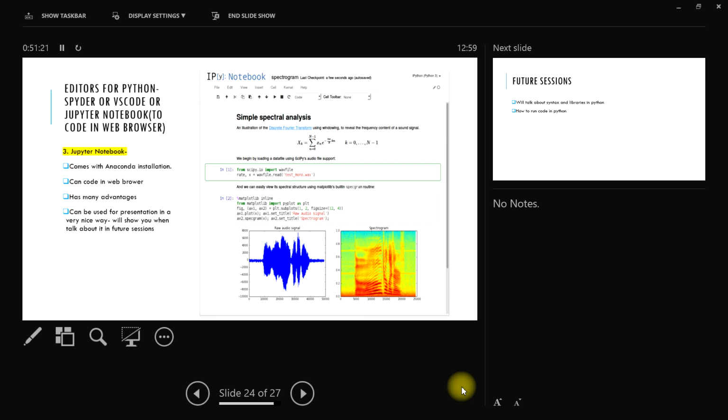And the third one came latest, like 3-4 years back. Python provides this option where you can write code in Chrome or Internet Explorer, in web browsers. What is the benefit of using it? If you see here in the middle, In [1], I have written a few lines of code. On the top or bottom you can use text files. You can use text with code, and with figures also. You can print this. It's useful in industry, and you can show it to students. It's like a live script in MATLAB.